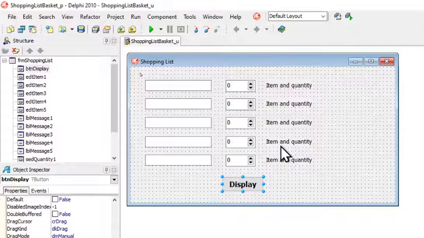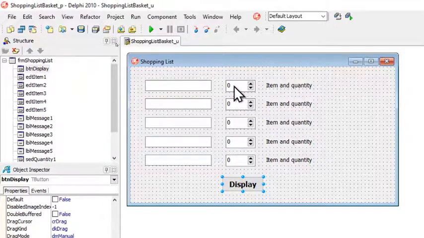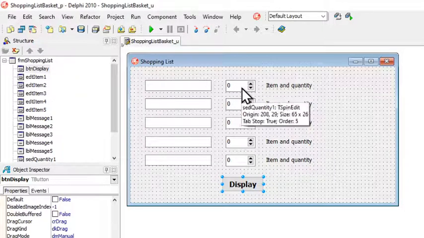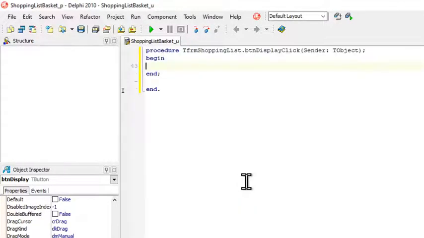The purpose of this activity is simply for you to practice declaring variables, and you will have to do some form of conversion now, or we assume that you have to do conversions because technically you can also get the text value out of the spin edit. But we will use an integer value, and we will now convert that integer value to a string value to display it in the label. Okay, so we're going to press on display,